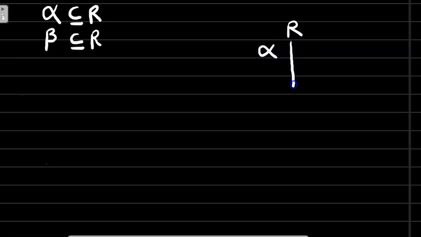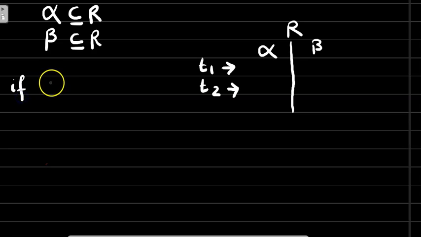Now we'll look at the formal definition of functional dependency. We assume that alpha is a subset of a relation R and beta is also a subset of the relation R, where alpha is a set of attributes and beta is also a set of attributes. We refer to the first tuple as T1 and the second tuple as T2. Now, mathematically, how do we define a functional dependency? So if we have a functional dependency which says alpha functionally determines beta,